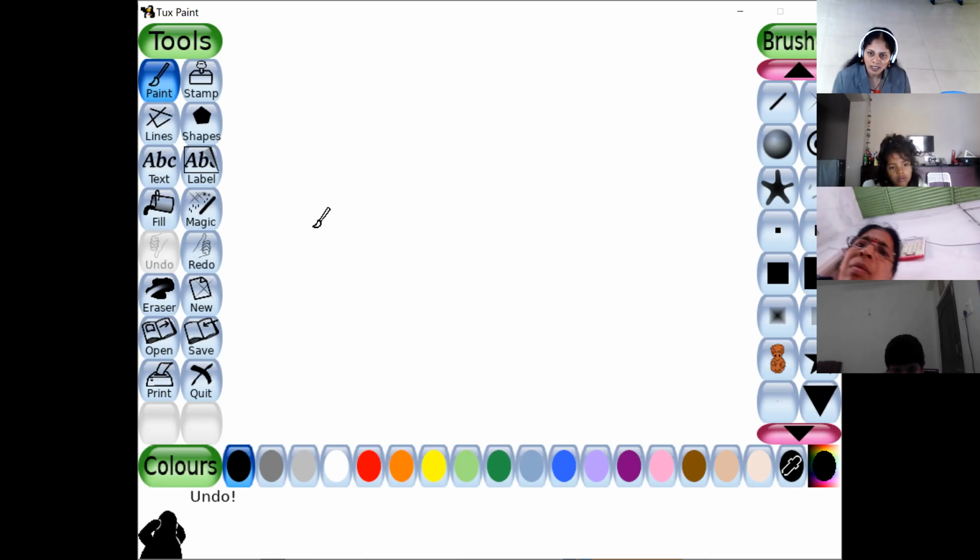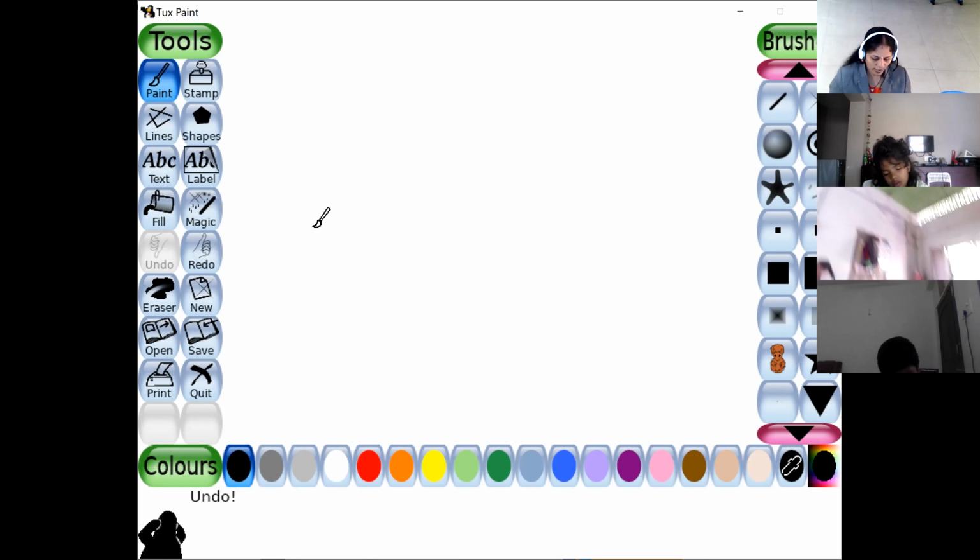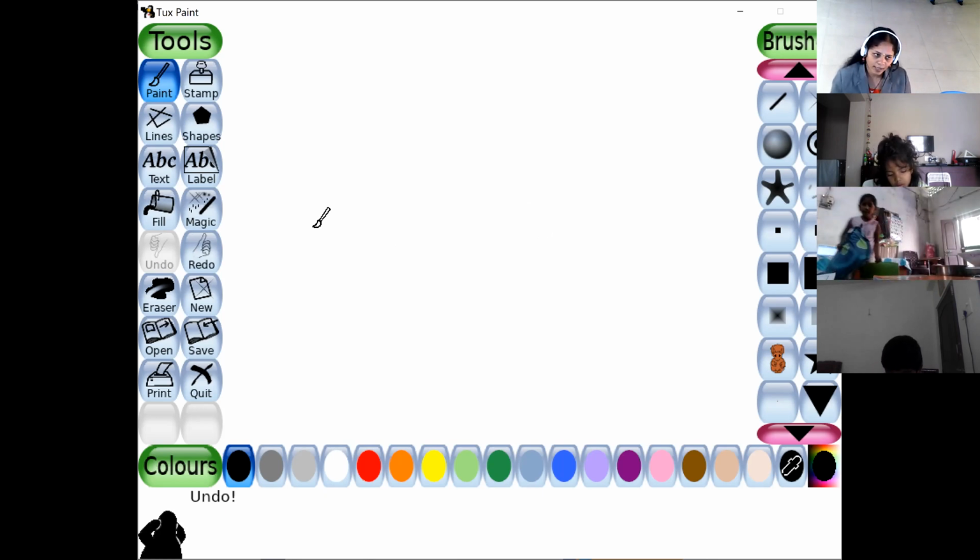If you don't like it, you can erase it, no problem. That is also one option. Undo simply removes the last action you have done. Not only one time, any number of times you can undo.